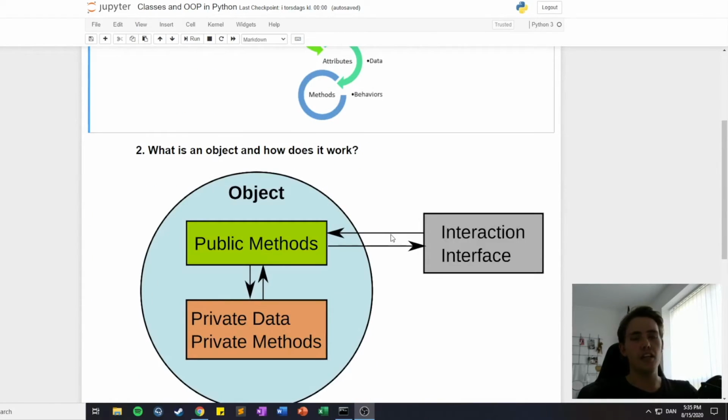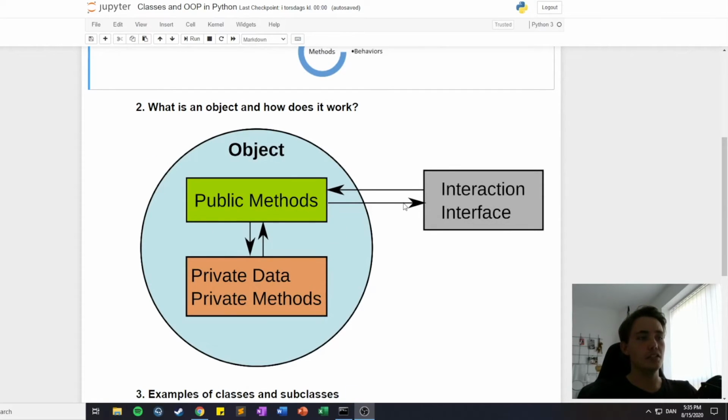So what is an object and how does it work? As we can see in this picture, we have an object, which is the blue circle here, and it can have some public methods like this, and it can also have private methods. The public methods can be used all over the program, but private methods can only be called on the certain object. We can also have private data, so only the object can access the private data we have declared in our class definition. We'll see more about this in the next video,